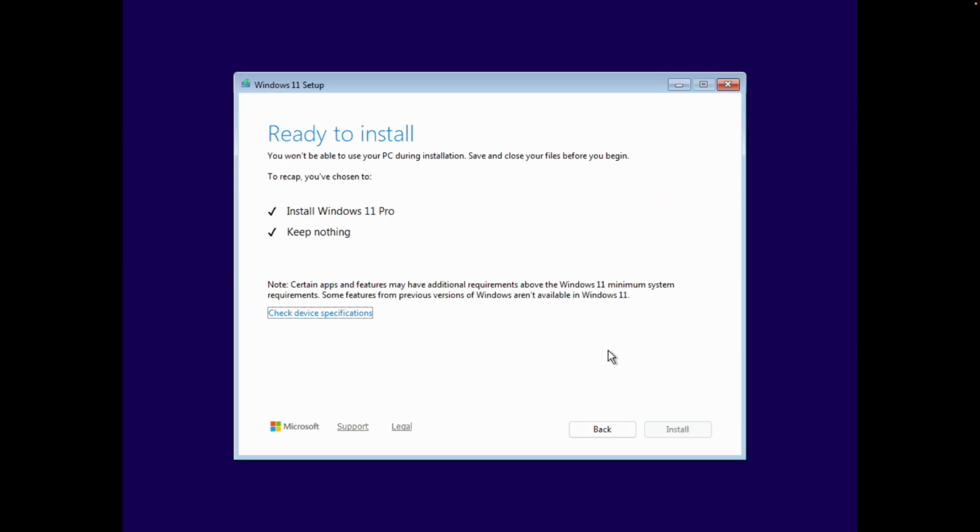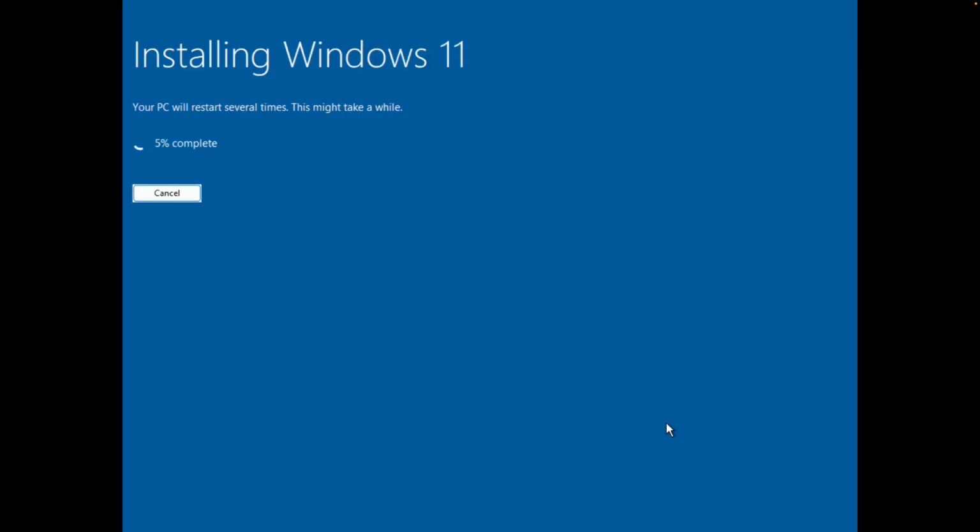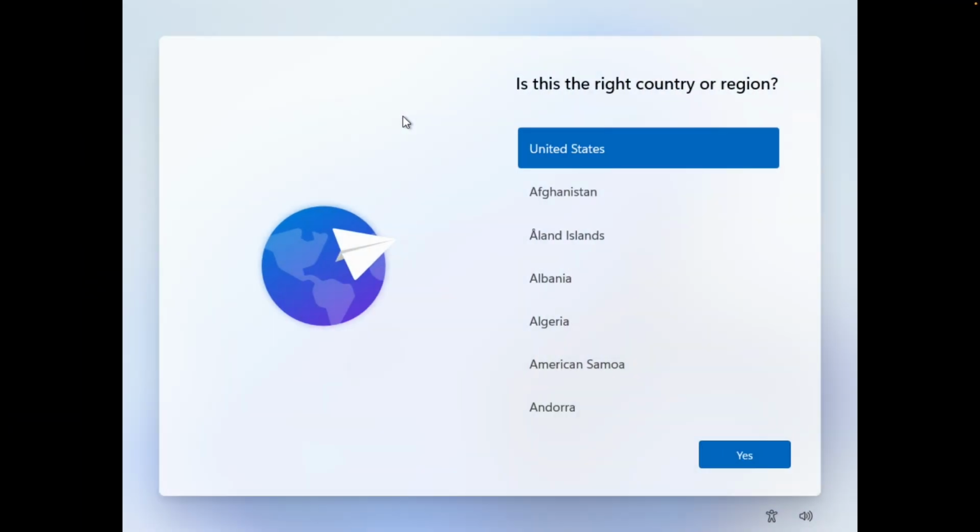I'm going to click Next, and this is where we're going to click Install. And this is where we're going to have to wait for about, I'd say, 5 minutes. So we're going to go ahead and skip that part, and I'll be back with you guys in a second. All right, so it's been about 5 minutes, and the installation has almost finished, and it's going to ask us to